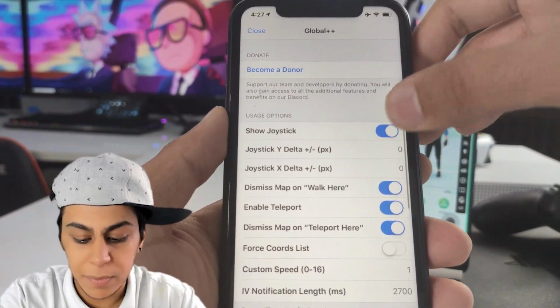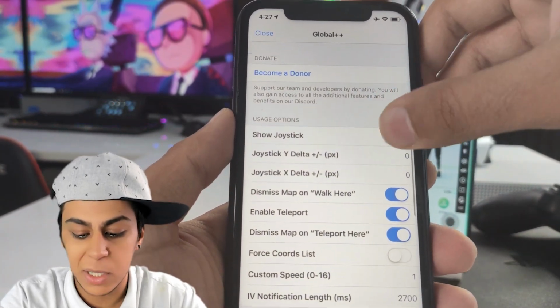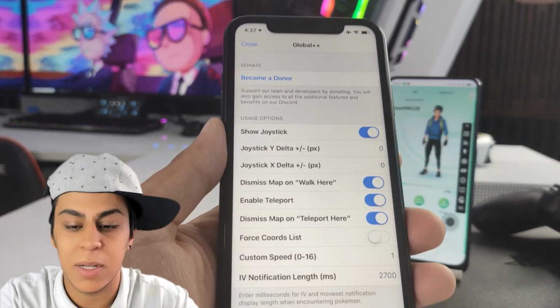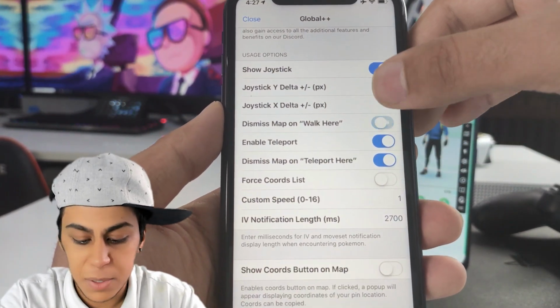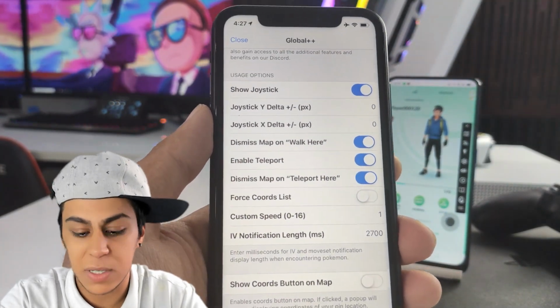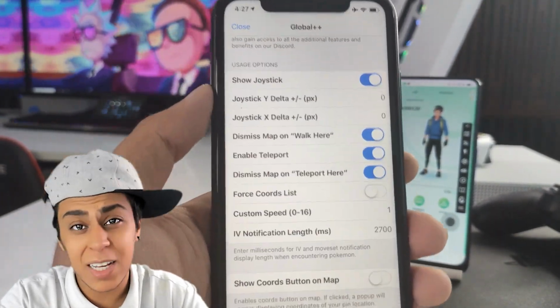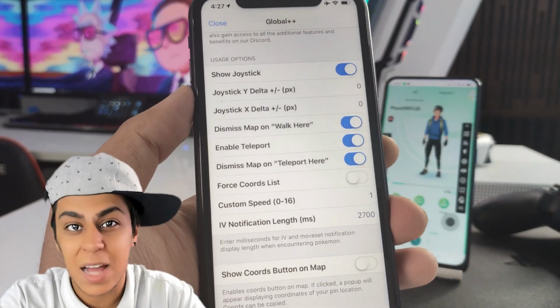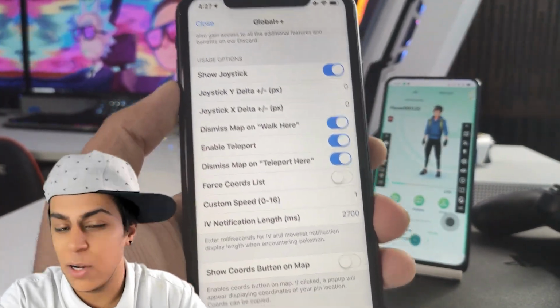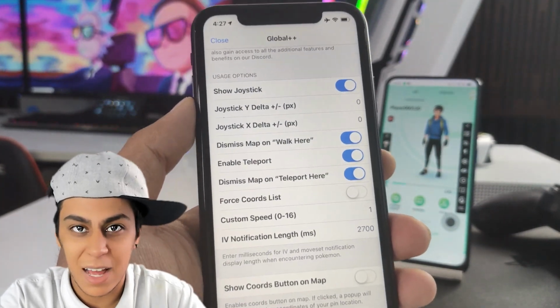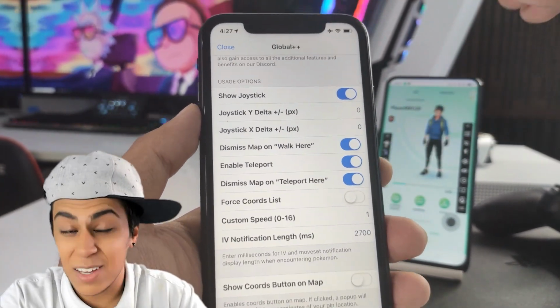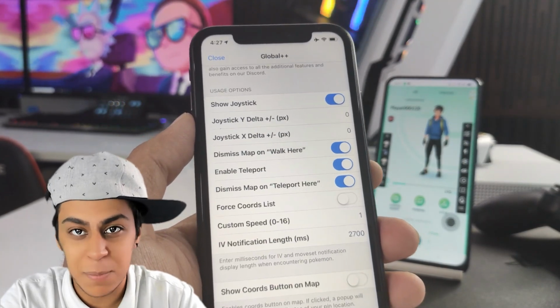So first of all, we have joystick that we can go ahead and enable and disable to just basically move around in the game. And then if you go ahead and scroll down, we have other options like you can go ahead and set a specific location, and you can set like walk there. So you can set like a specific speed that you want to walk there at. So for example, if you go ahead and head over at like 100 miles per hour, it's not really the ideal way, right? It can detect that you're not walking really. So in that case, you can go ahead and set it to like 10 or something,